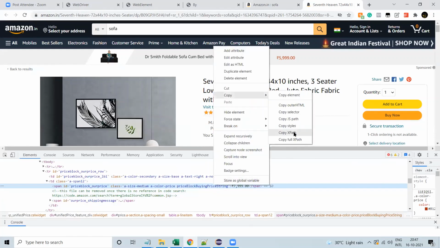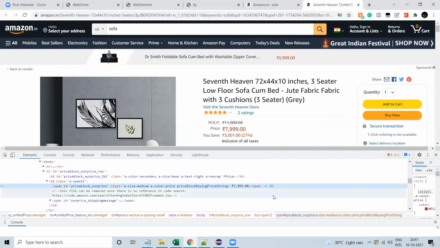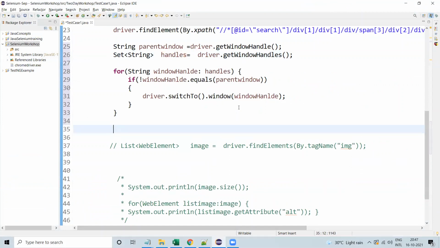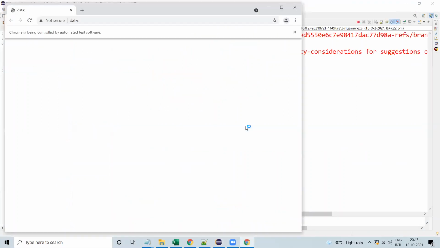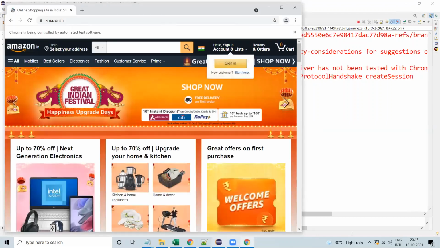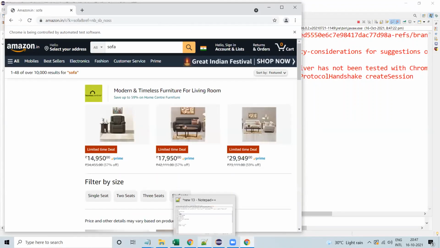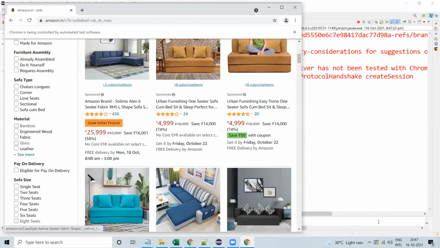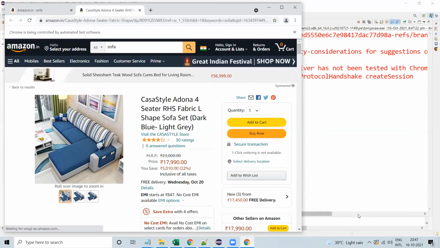I will copy this. First we'll check whether this window is switching to the new window or not, then we'll perform these actions over there. Right, now it is switching to the next window. Now we'll check the price of the particular product.